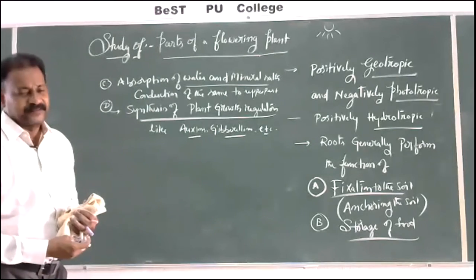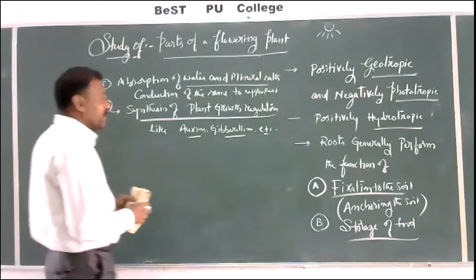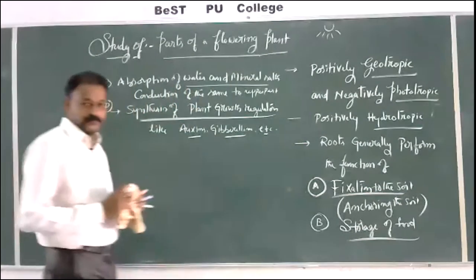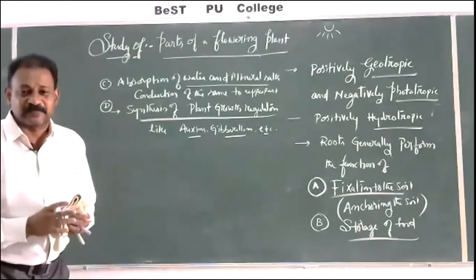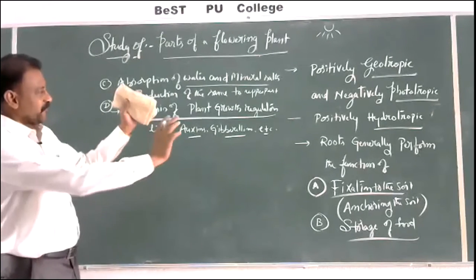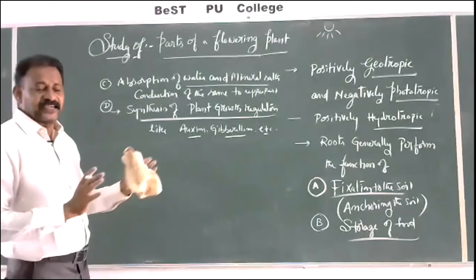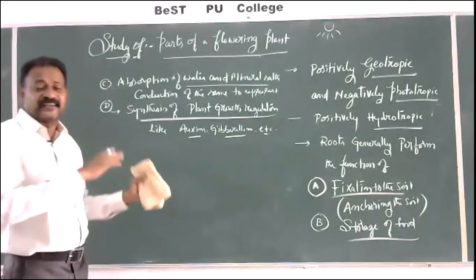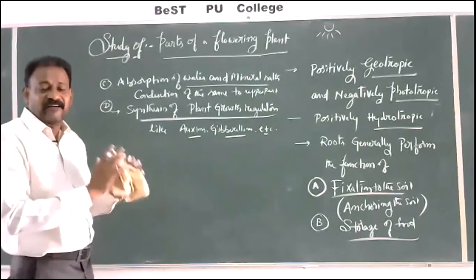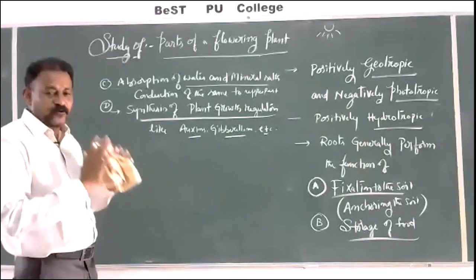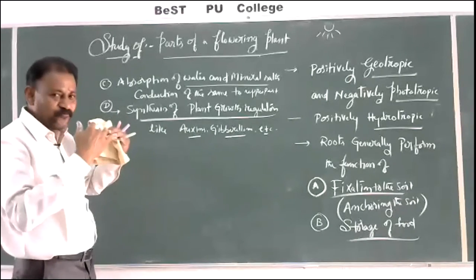Now, when we want to study in a root, what are the regions present? If you want to study in a systematic way, my dear students, in the textbook NCERT or most of the material, they will give jumbled here and there. Systematic order means perfectly we have to plan how to understand, how to follow the root.